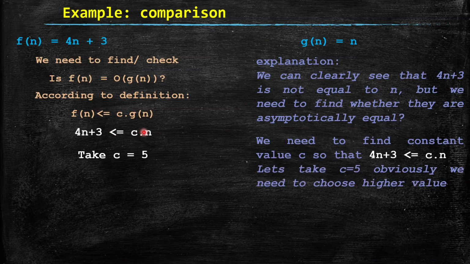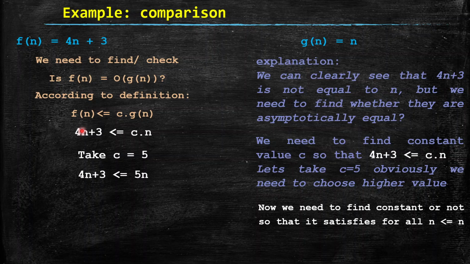Suppose we take c equals 5. C equals 5 is nearer to this value I'm talking about. So if c equals 5, then let's compare. When we compare this value, you can find it satisfies, and fn is obviously greater than gn. Suppose you write n equal to 1,